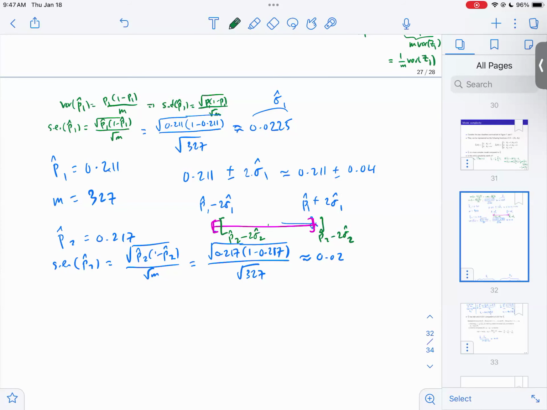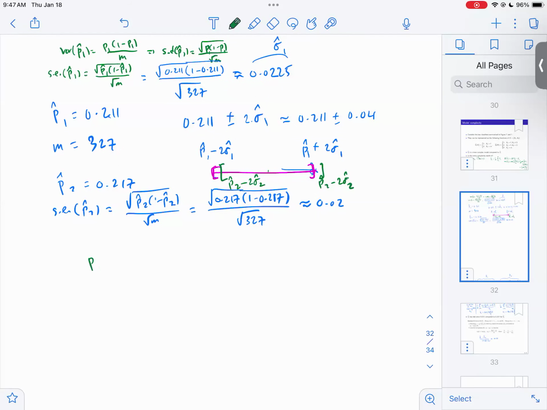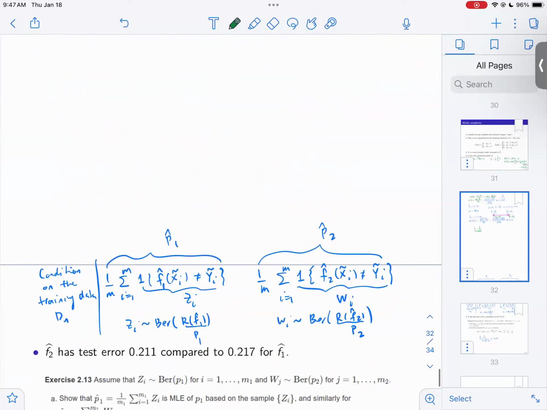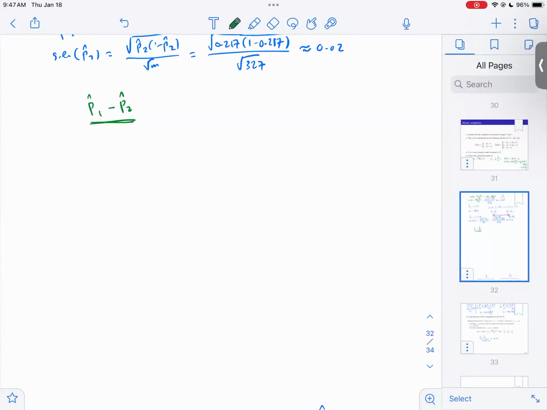If you want to do it a little more properly, you can, for example, look at p hat 1 minus p hat 2, and then divide by the standard error of this. Calculating the standard error of this would be a little tricky because these two are not independent. These two variables are based on the same sample. You can actually calculate the estimate of the variance by considering the covariance of these two. But let's say you pretend